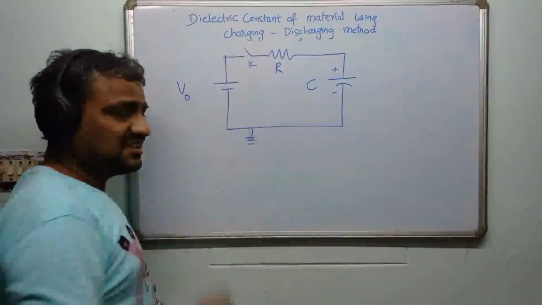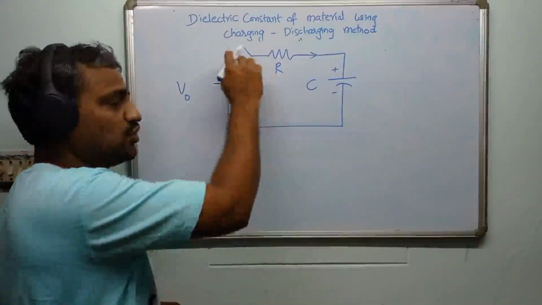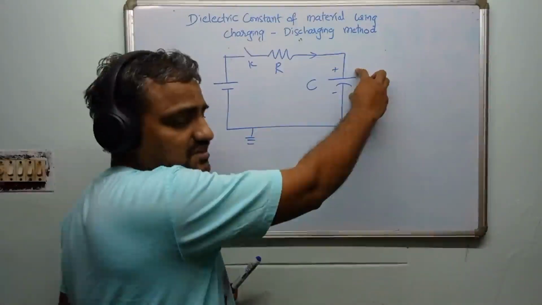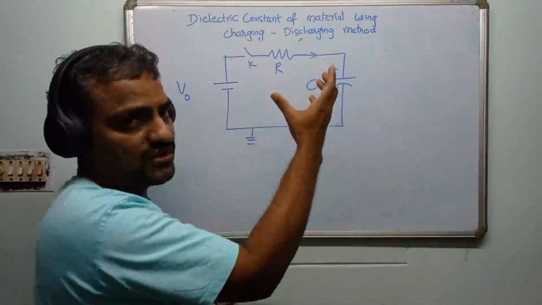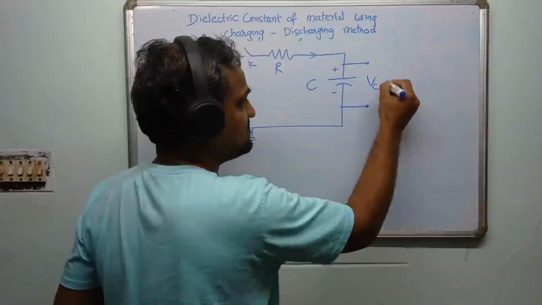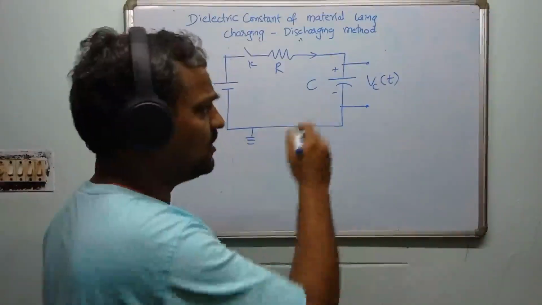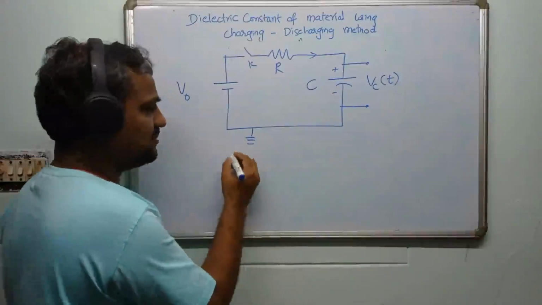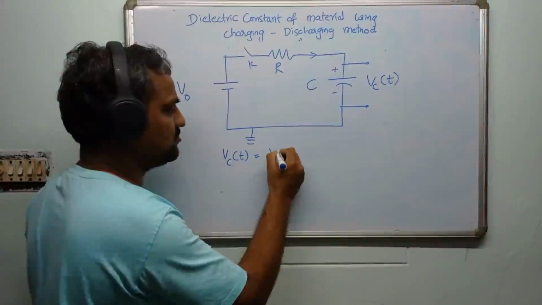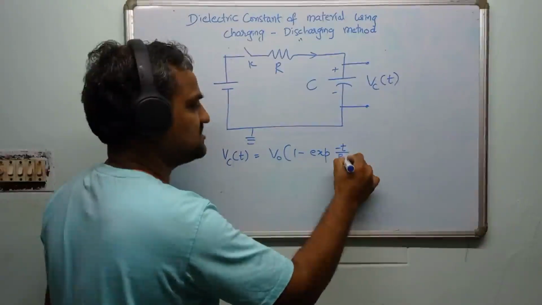and then when you press the key, the current is going to flow from this point till this when you close the switch, right? In that case, that current is going to get accumulated on the capacitor plates as charge, and it is going to increase the voltage across the capacitor. So the voltage Vc across the capacitor is going to be a function of time. How this voltage varies with time is given by the charging equation of the capacitor: Vc(t) = V0 (1 − e^(−t/RC)).